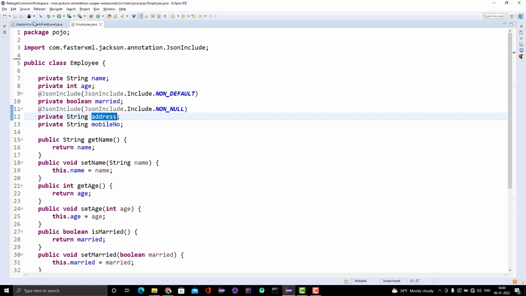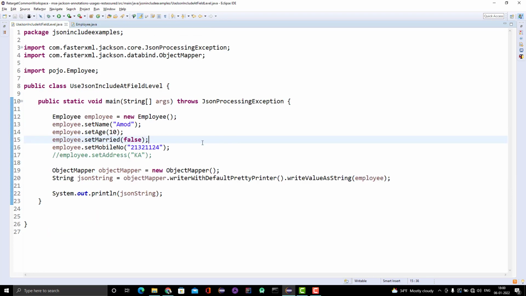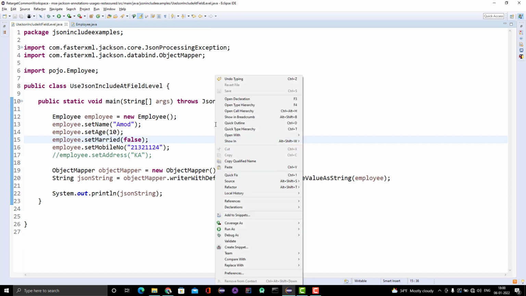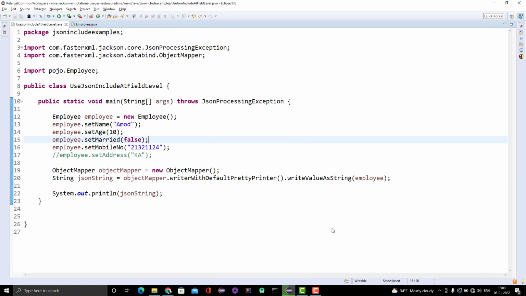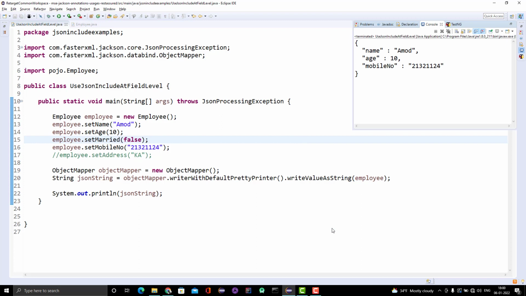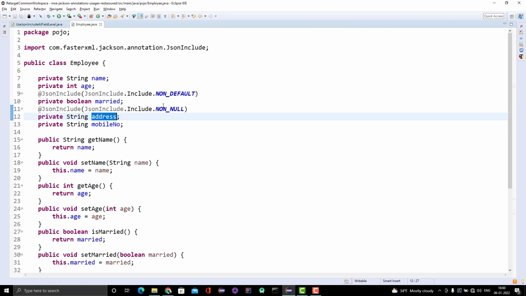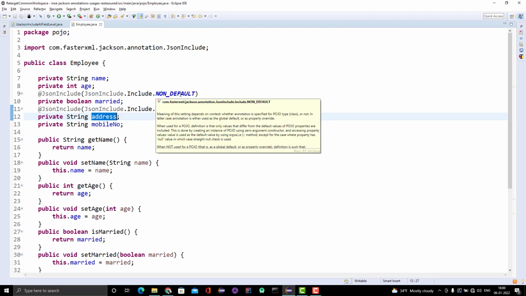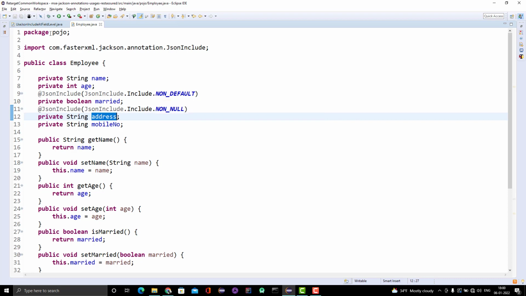Now if you go here and run it, what will happen? We should not see the married and address. We can see why married got excluded: because we are setting married to false, which is the default value, and we are using the JSON include non-default here. It means that if married contains false, remove it, because married is a boolean field and the default value of boolean is false.